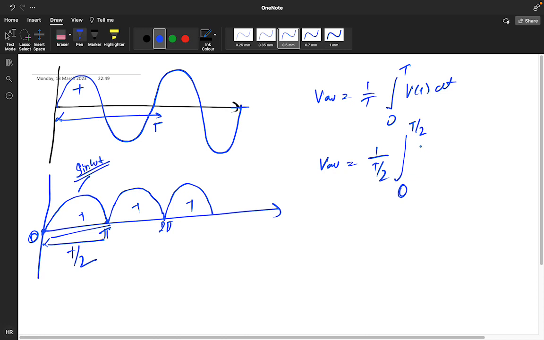Or you can also break the signal. Yeah, you can do like this also, means overall time period is 1 by t, so it became like 1 divided by t by 2, and you are going from 0 to t by 2. Okay, or either you can do,